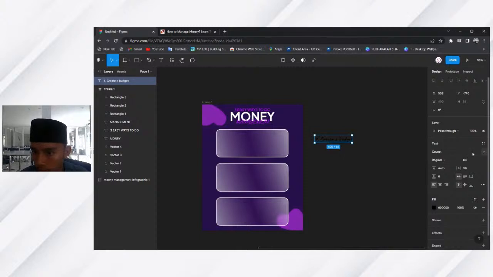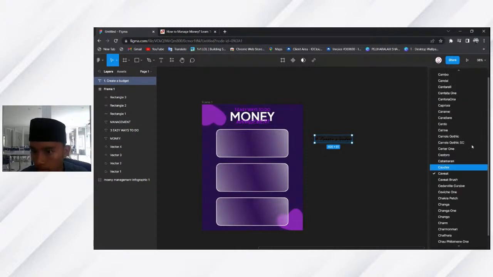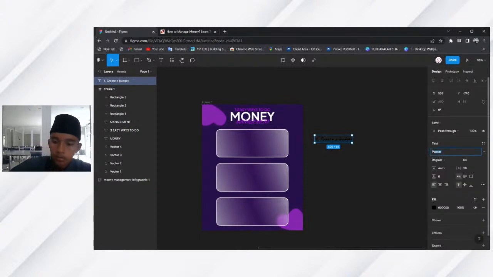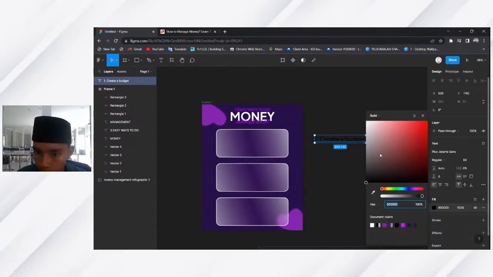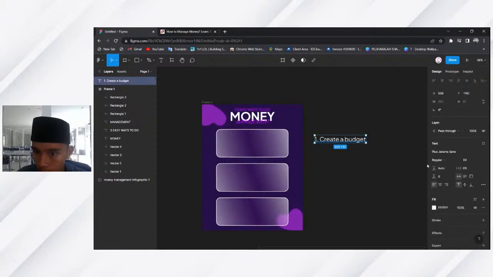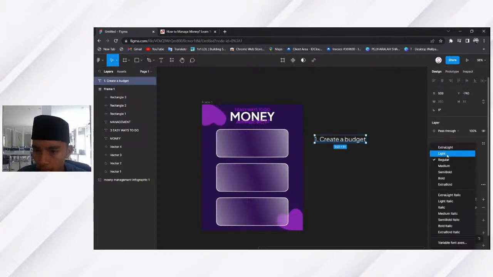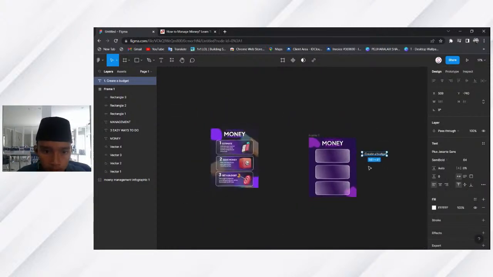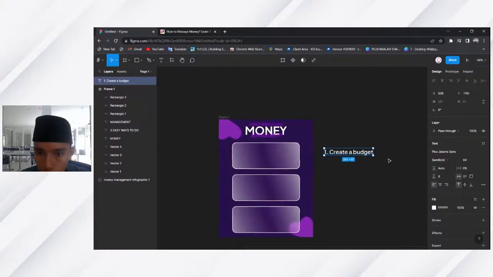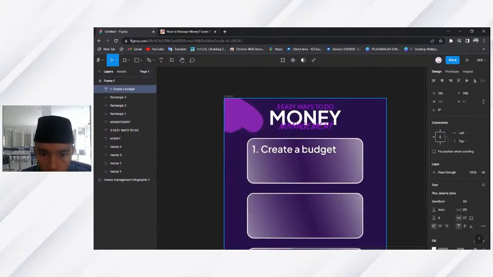Now for the text, you change it again into Plus Jakarta Sans because that's what we're going to make. So for this one, you use the color white, and for the thickness it will be semi bold. And now just put this.